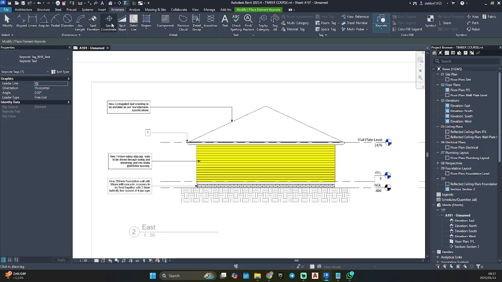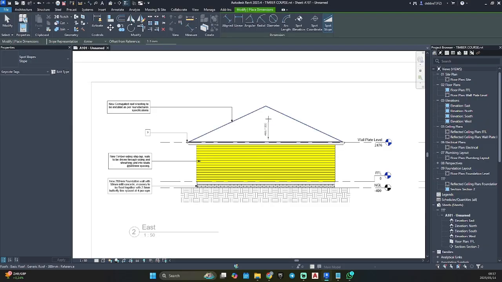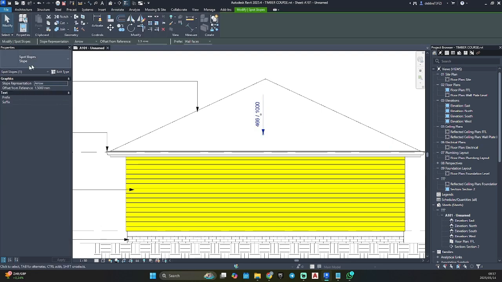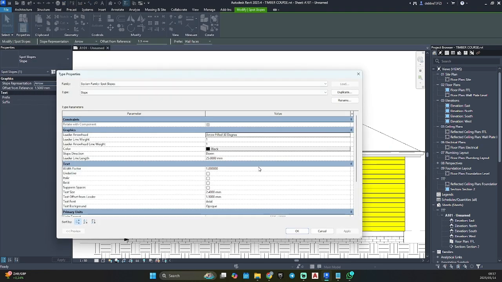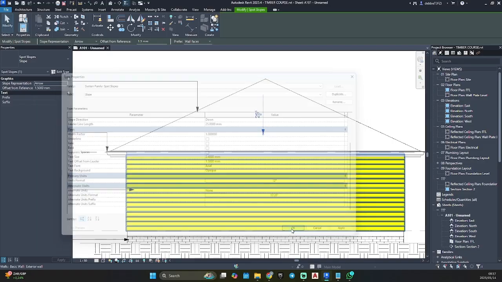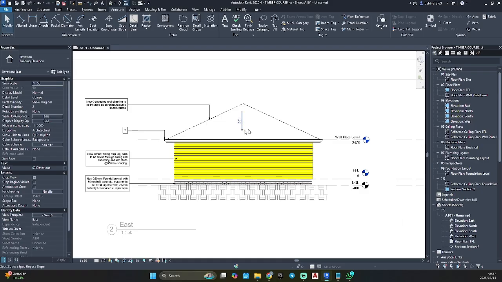Got to annotate and put a slope on our roof. So we don't want to use this. We go edit type. We want to use degrees. So there you'll find degrees, unit symbol. Okay, there we have our degrees.